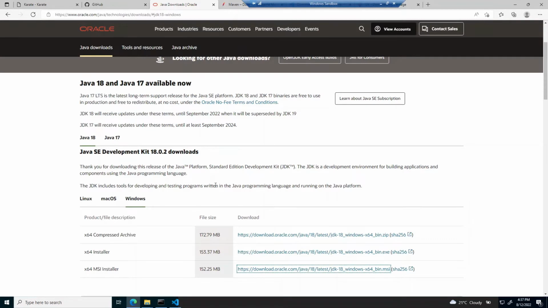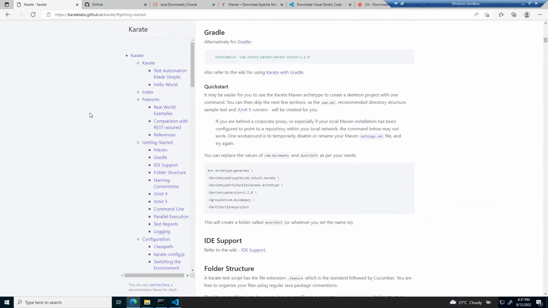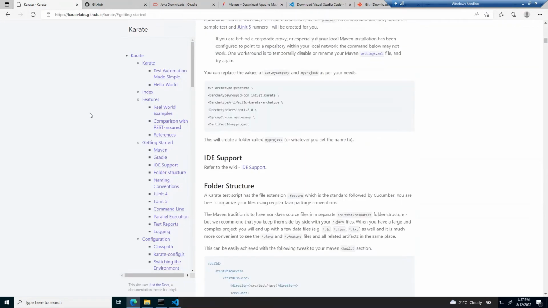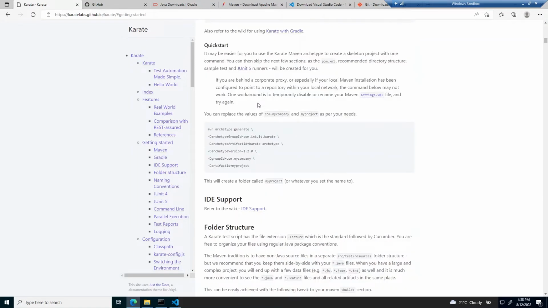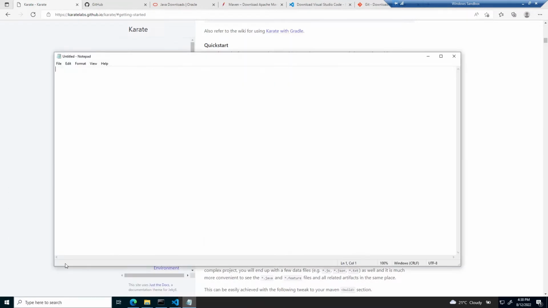All right, now that we have all the prerequisites installed on our machine, let's head back to the documentation. And there are a lot of ways you can do this. One of the easiest ways is you create the Maven project using this command, and that is what we are going to use. Let's use Notepad++. So it uses the pre-built archetype, karate archetype, to create this Maven project. We are going to give this most of the stuff as is,